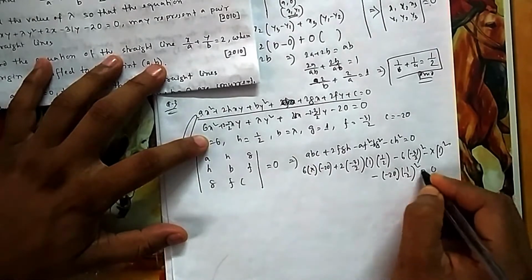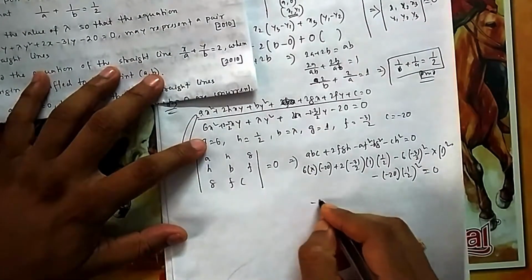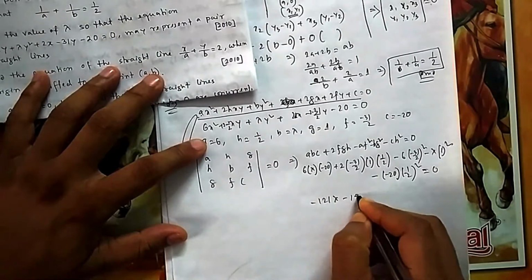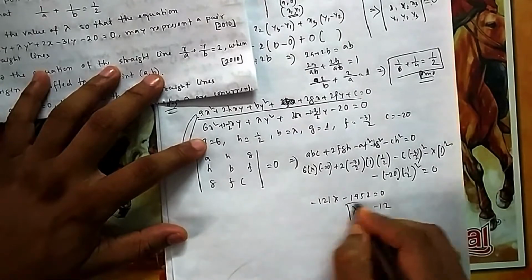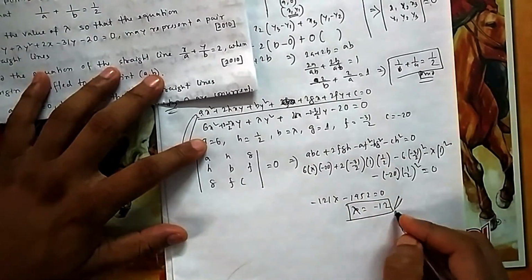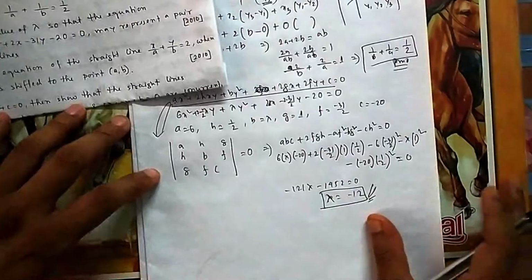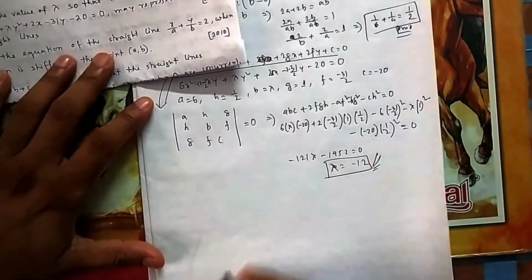So if you put it in and write it directly, you check this calculation. I hope I have done the calculation correctly. If you do it, you will find your lambda is equal to minus 12. Just check the calculation once to see if everything is alright. If I am wrong, then whatever answer you get is your correct answer. I think it is minus 12.